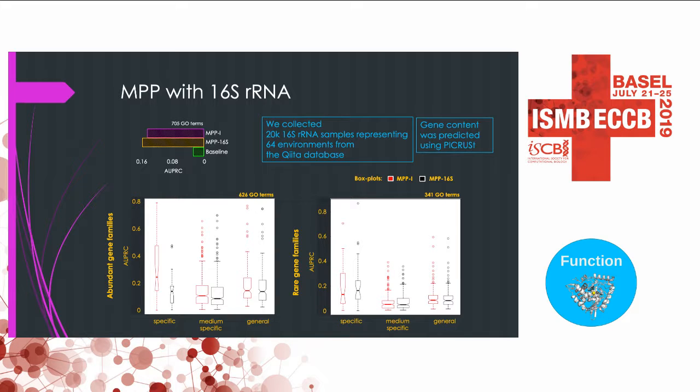So from the predicted gene content, we constructed MPP16S, and we compared it against MPPI, which uses metagenomes that are obtained by whole genome metagenome sequencing. We first compared overall predictive accuracy of MPPI and MPP16S, and we were surprised to see that MPP16S performs a bit better. So we hypothesized that in the case of rare gene families,